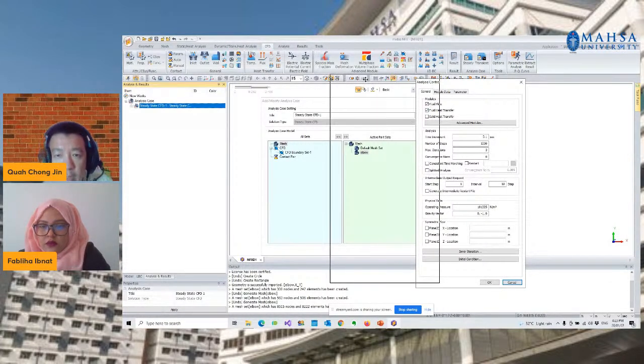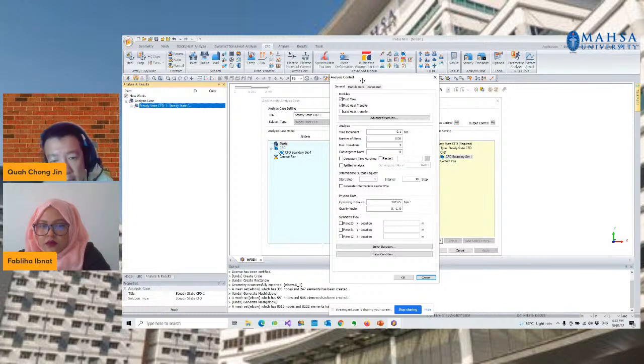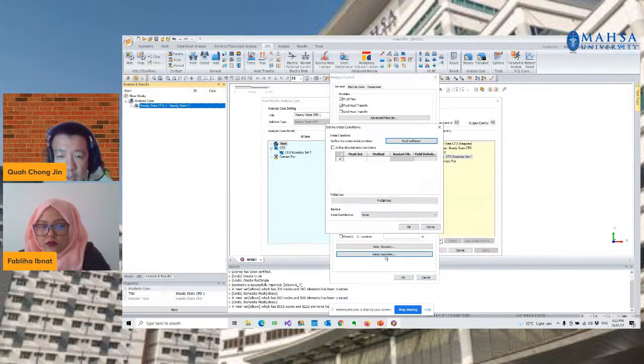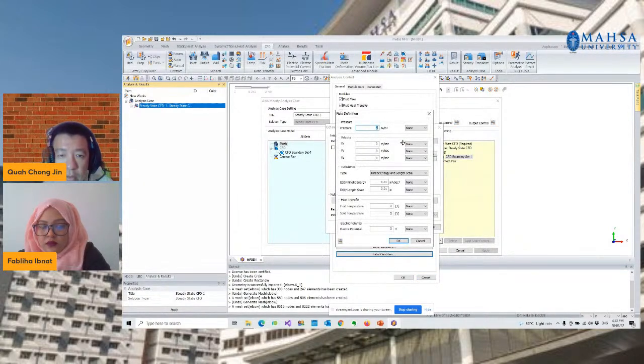All right. Then the second and the last thing, I have to tell the software what the initial condition of the environment is. For instance, what is the initial temperature of the fluids? What is the initial velocity of the fluids? So at the initial condition, the temperature is 28 degrees, for instance.